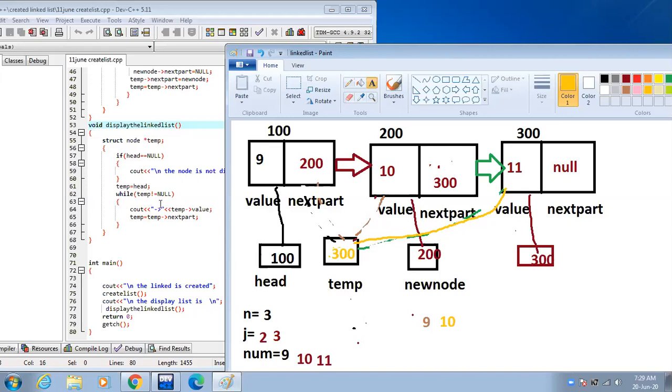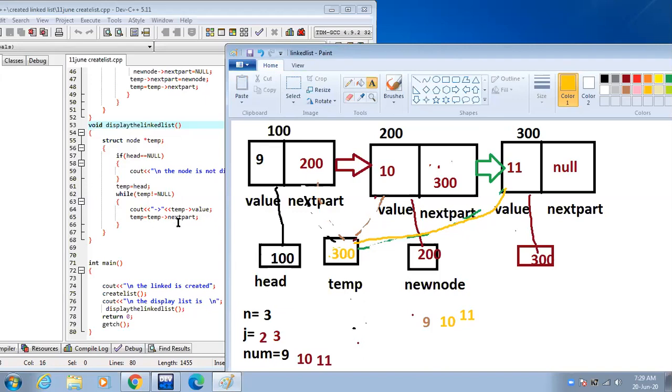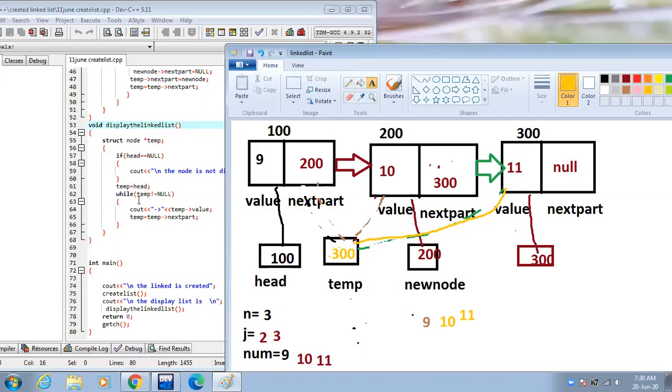While temp not equal to null: the value of temp is not null, because temp points to 300. Temp value means the value of temp is 11. 11 is displayed on our screen. Temp equal to temp next part means temp points to null, and the loop executes again.